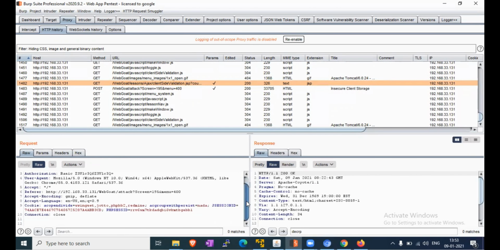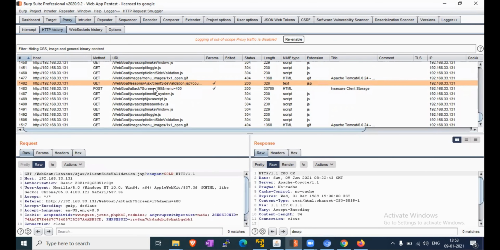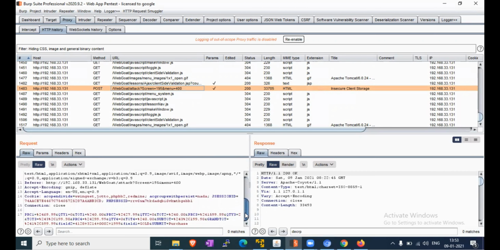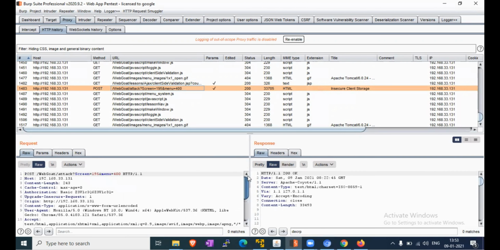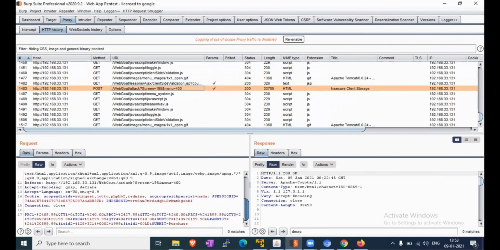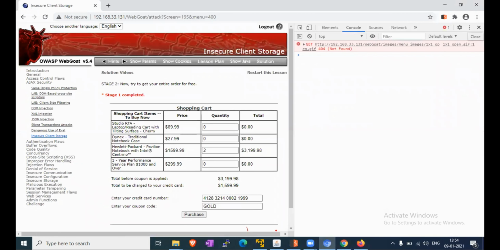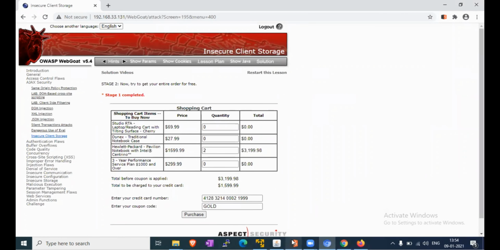This is the coupon code. This is the request. Now we are able to see the price here. So we will do one thing: we will go back to our lab and try with intercept on.